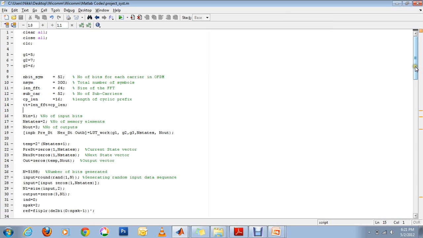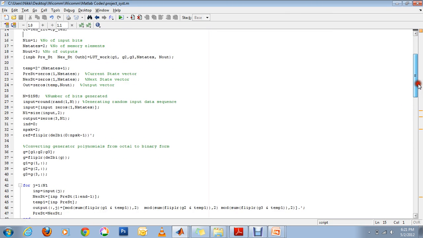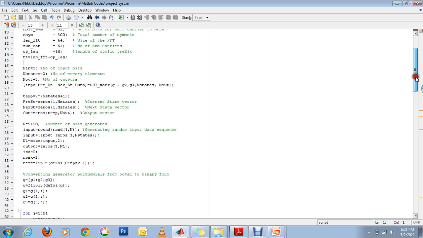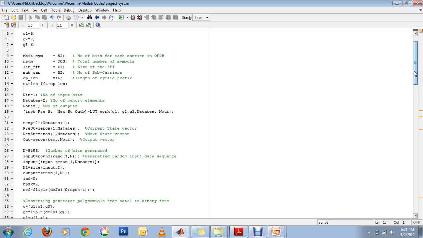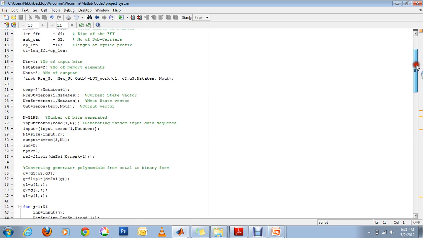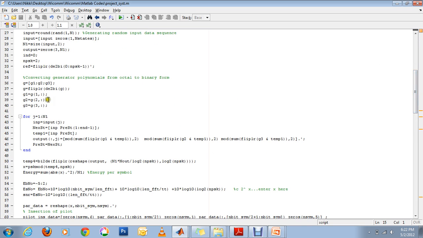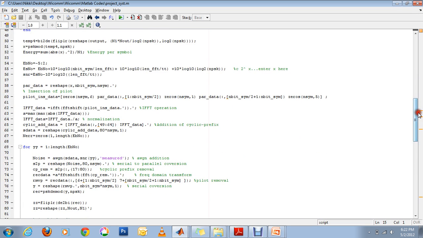Hi, these are the MATLAB figures which I have used. These are MATLAB codes which I have written. Initially, I've taken different subcarriers and have initialized all the parameters. Then the random data is generated and it is convolutionally encoded, which is then fed to the